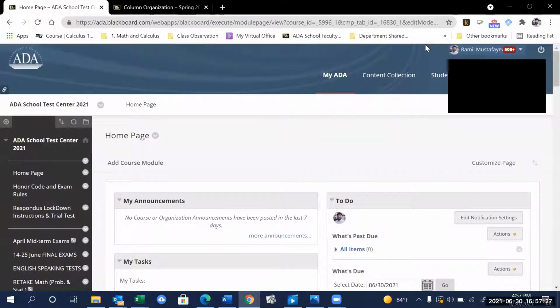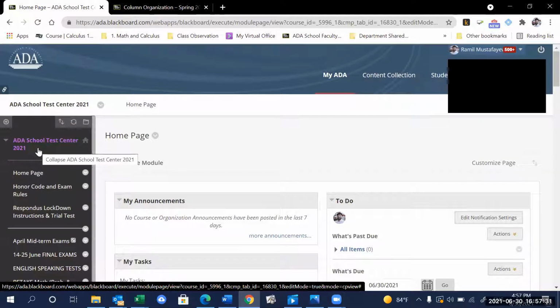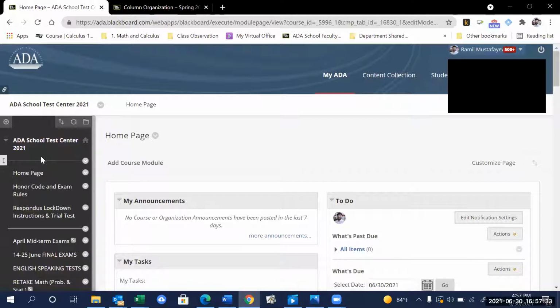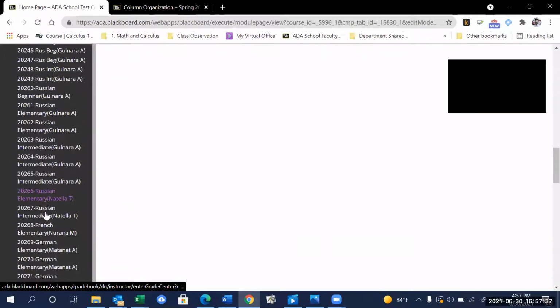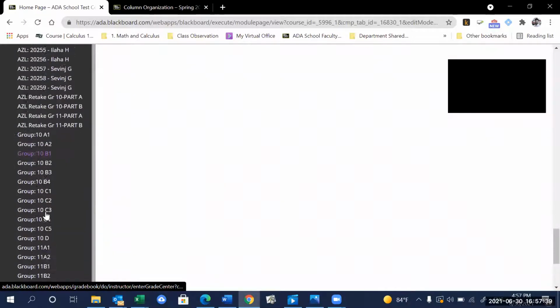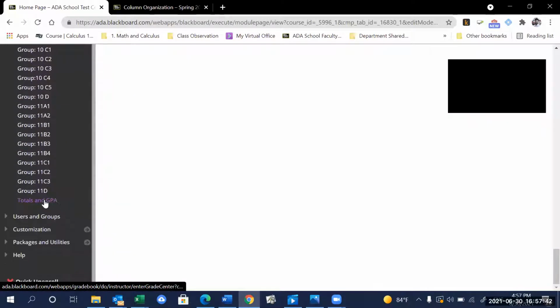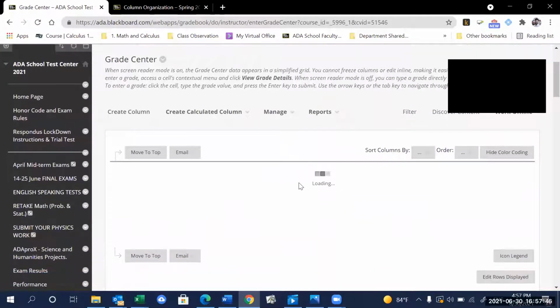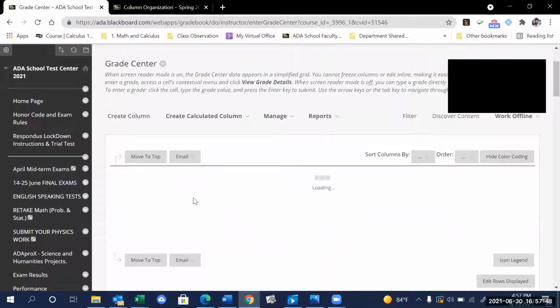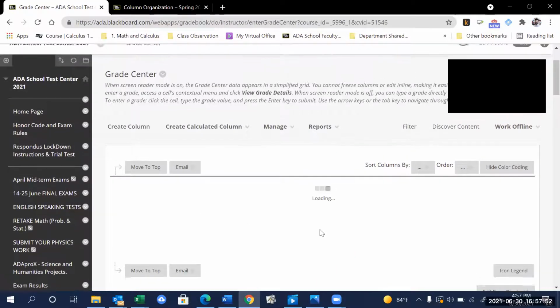This video is about automatic transfer of the grades from the ADA Test Center to the main Blackboard page. So on ADA Test Center, there is a smart view at the end of the list, which is called totals and GPA. Here, all the grades from the subjects are collected for all the students in the school. Once it opens,